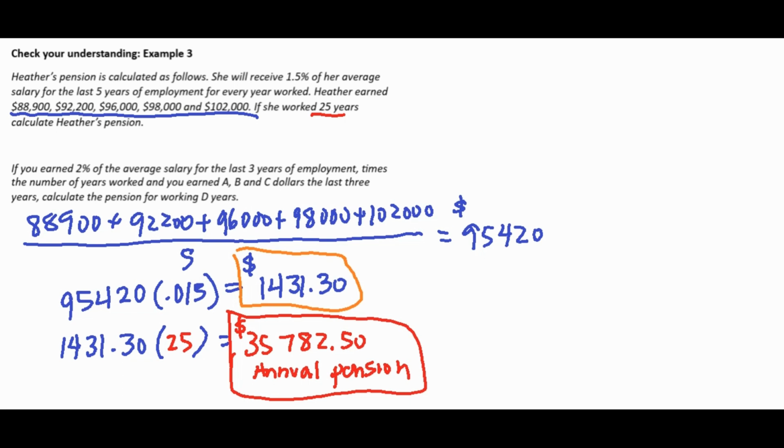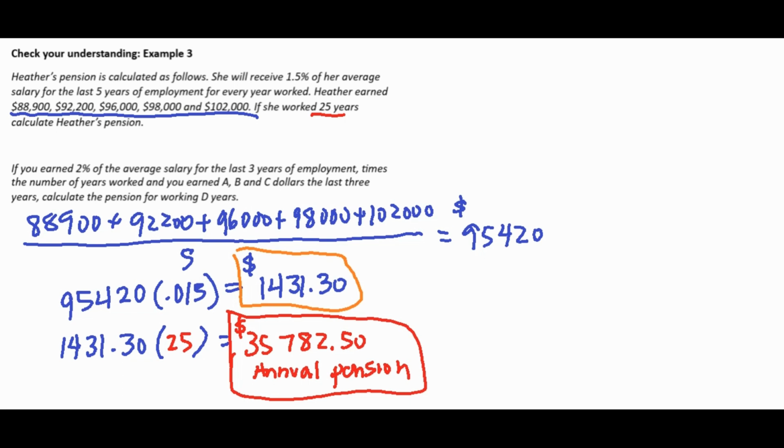Don't depend on that pension unless you understand that you're getting a huge pay cut when it comes to retirement time. Alright, the algebraic portion. So if you earn 2% of the average salary for the last 3 years of employment times the number of years worked, and you earned A, B, and C dollars the last 3 years, calculate the pension for working D